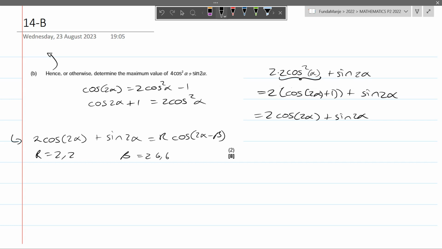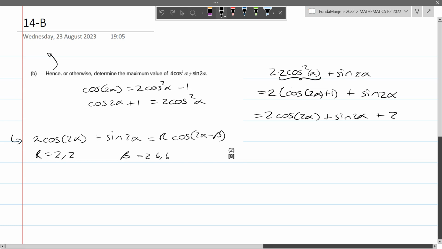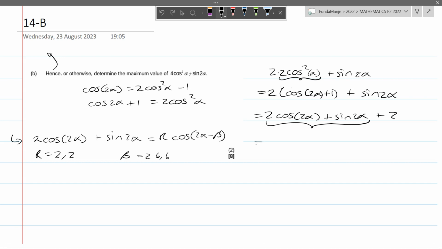So this is cos 2 alpha plus 1, so 2 times 1 would give us 2. But as you can see, this is just this part from our previous question, and we can substitute it with this, and knowing the value of R, we say 2.2